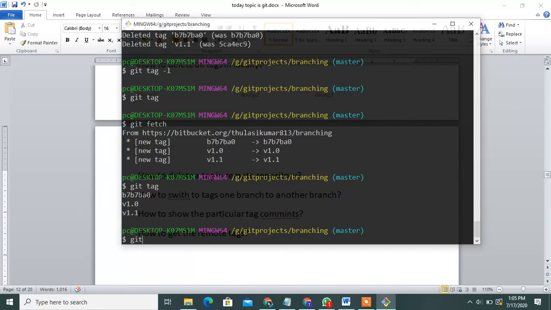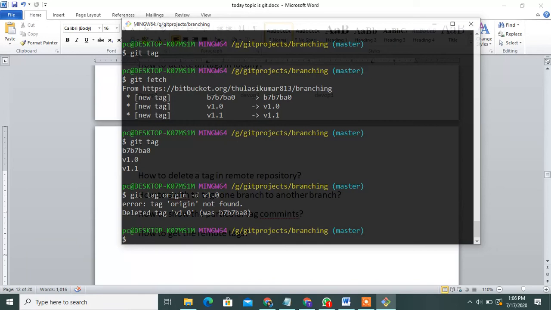Okay. Git tag origin, git tag origin -d tag name also v1.0. Origin is not found.